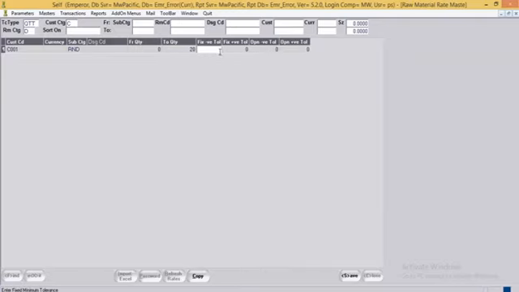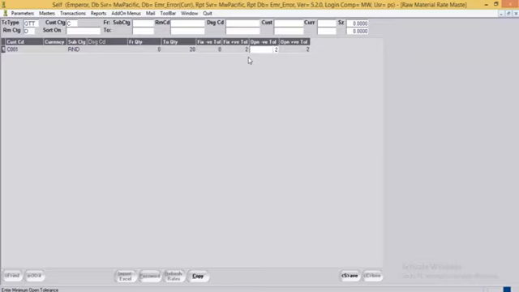Now we'll define the negative and the positive tolerance. Here we'll set the minimum tolerance as 0 stones and the positive tolerance as 2 stones. Same way, in case of open tolerance, we'll allow negative as 2 stones and positive tolerance also as 2 stones.